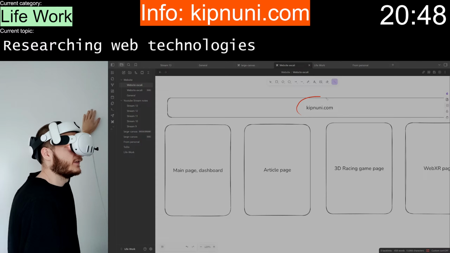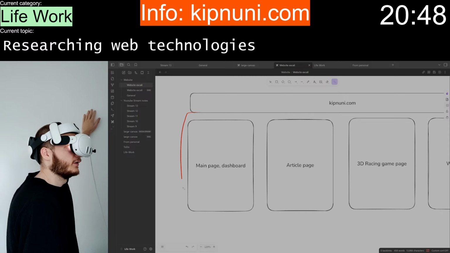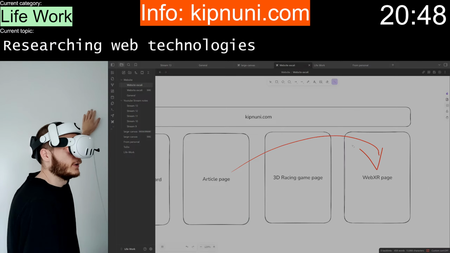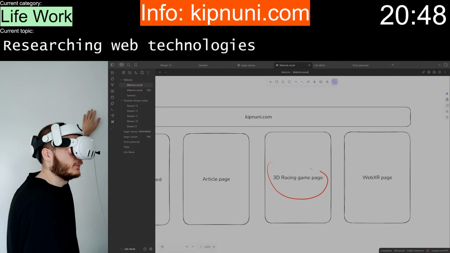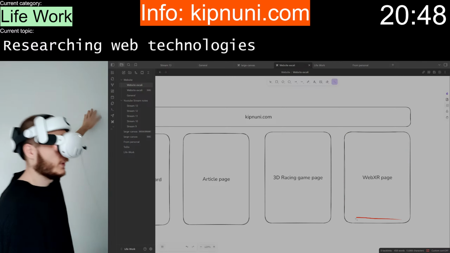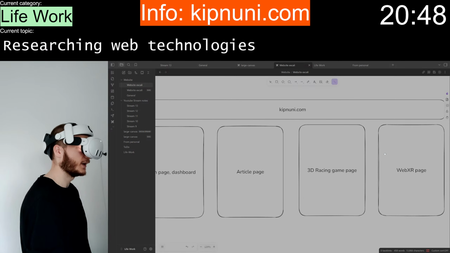So the experience is not worse than if I were to use the website only for these purposes. And then I go here and I have another 3D game of sorts, but it's in WebXR, so in VR mode, AR mode. So is this possible?